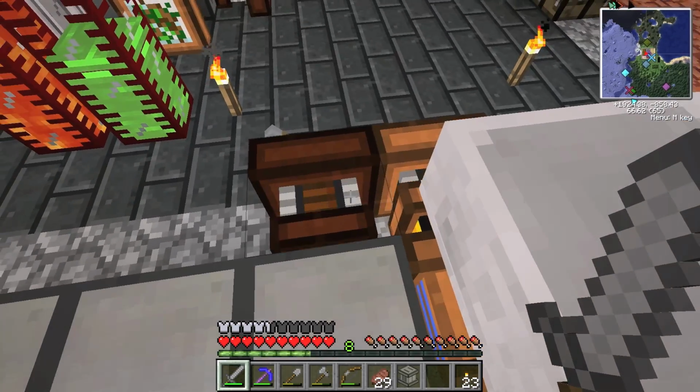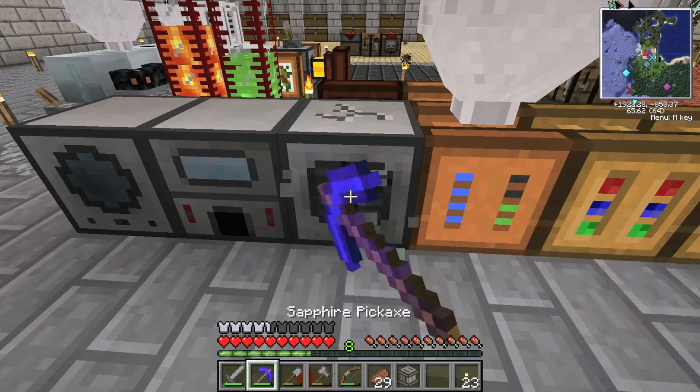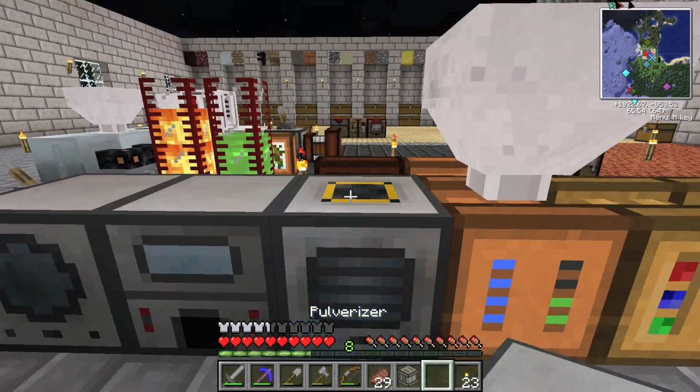Whoops, we left that on. I'm going to turn this off just for a moment. Move this over here just to keep our forestry and thermal expansion machines together. Dang it, there's a water pool down there. All right, well, I'll move that later. For now,